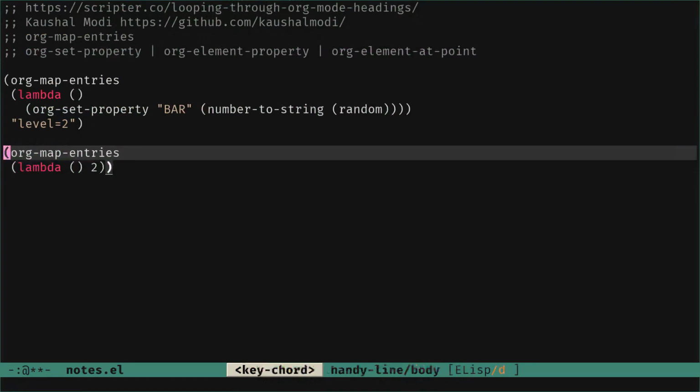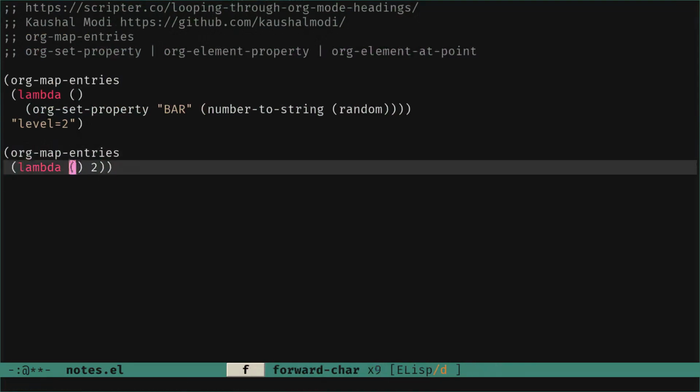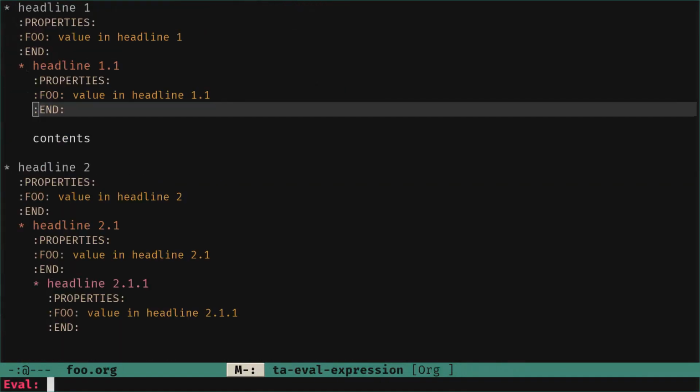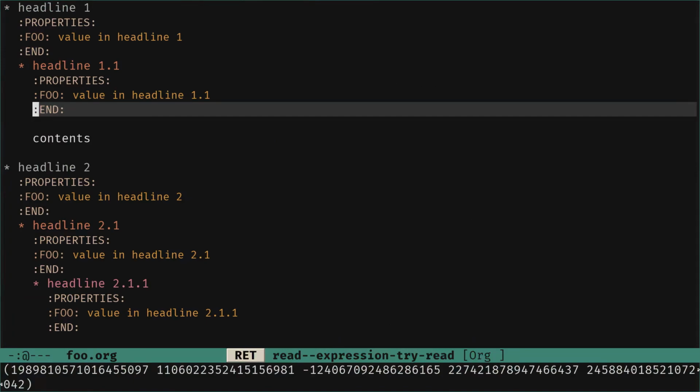So we can do something with random. It's just to show you that things change. So you see at the bottom we have collected. So we can do really whatever we want. We don't have to modify this buffer. So for instance,